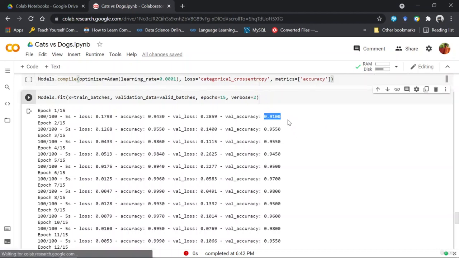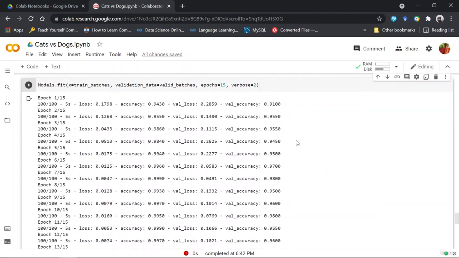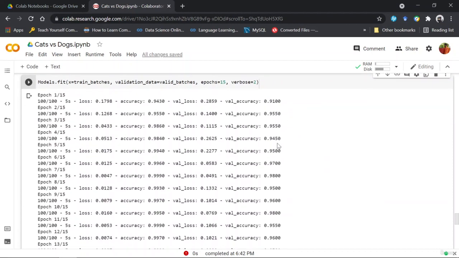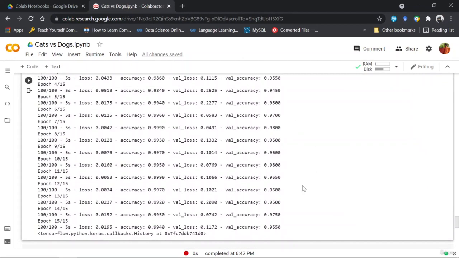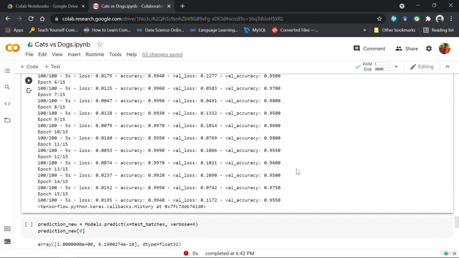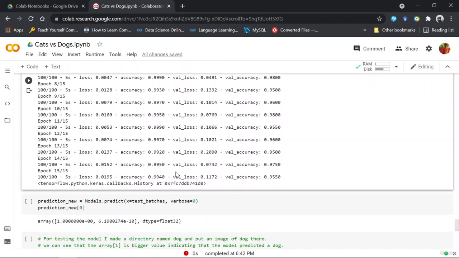It starts off with 0.91, goes to 0.95, goes to 0.97, also 0.98, 0.96, 0.95. So you can say that around 0.96 is the average validation accuracy. The model is also generalizing well because it has reached 0.99 training accuracy, and the validation accuracy has not decreased or become much less compared to my training accuracy.